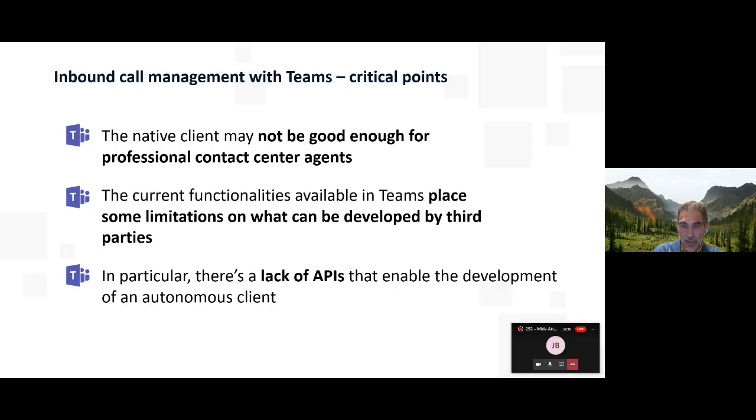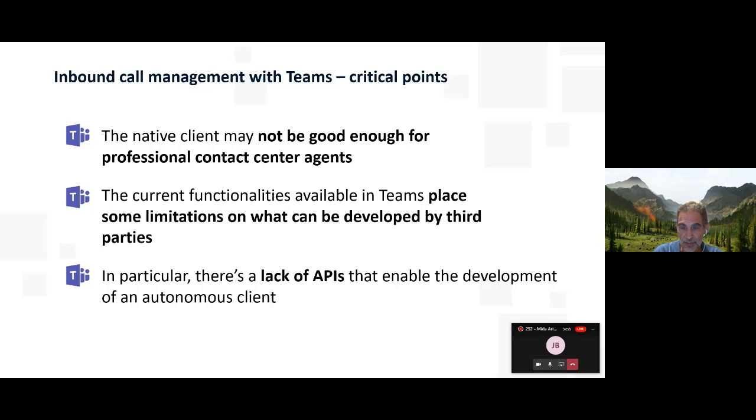Clearly, Microsoft Teams does have a client to handle incoming calls, and that's exactly the same client we are all using today for this presentation. It provides some functionality. You can answer calls, you can transfer calls, you can put calls on hold, but